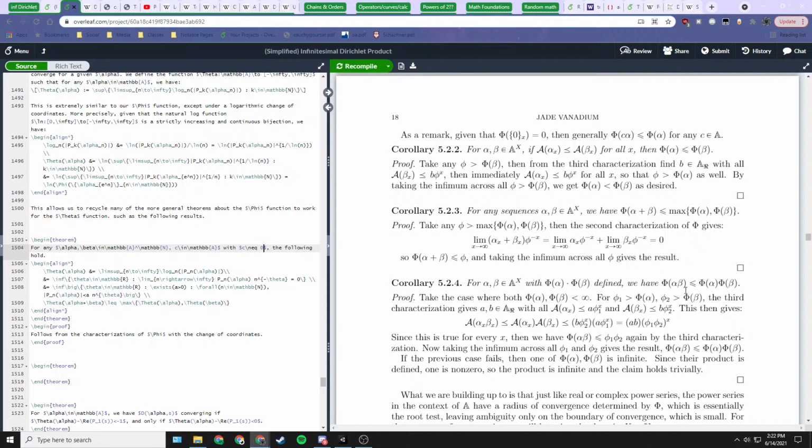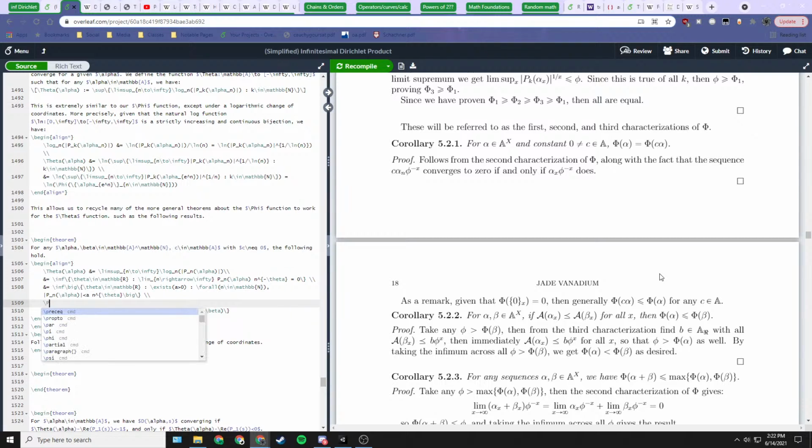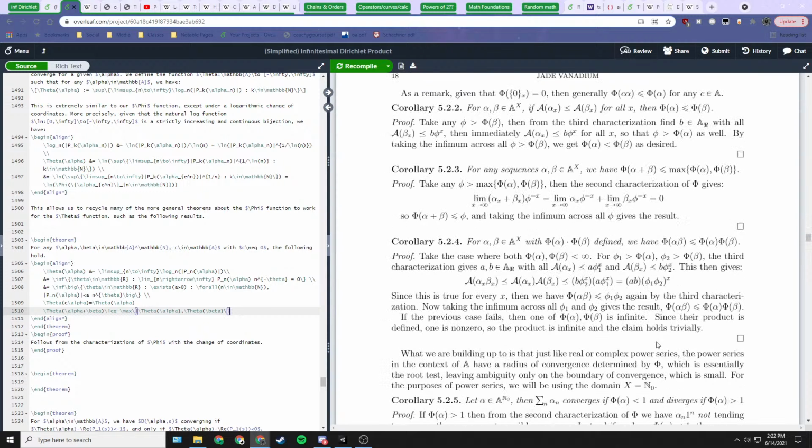Because that's this. C alpha is theta alpha, alpha plus beta is less than this. And on the last one, we have this product, which is